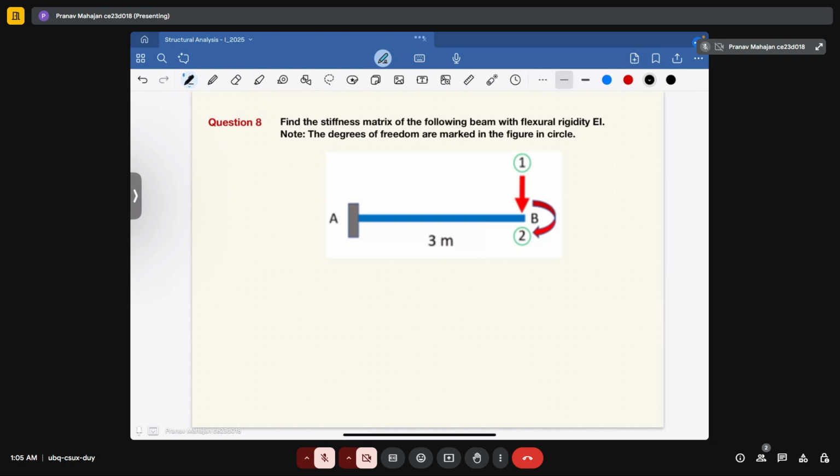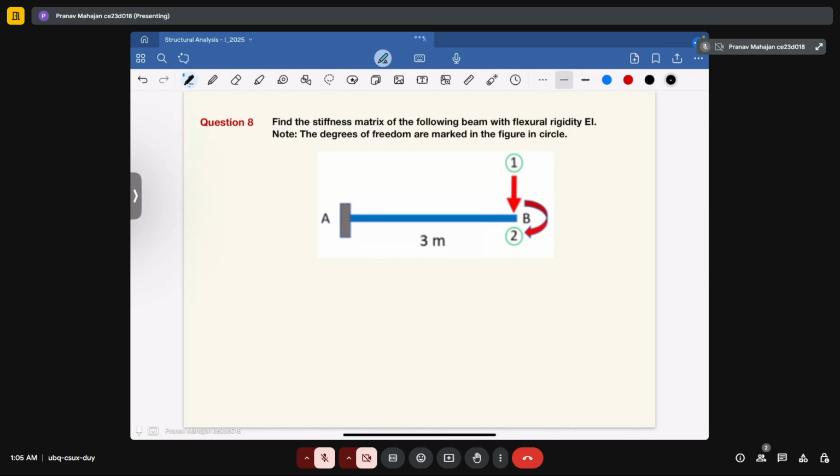So what we will do, we will first use the superposition principle and isolate one separately and two separately, and then we will see the effect of them, and then we will combine and we'll get to know the stiffness matrix correspondingly. So when only one is applied on the structure like this, so if you apply only one,